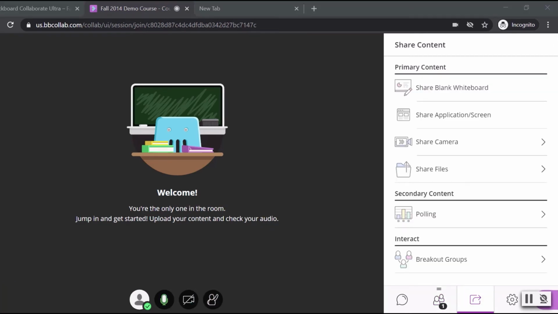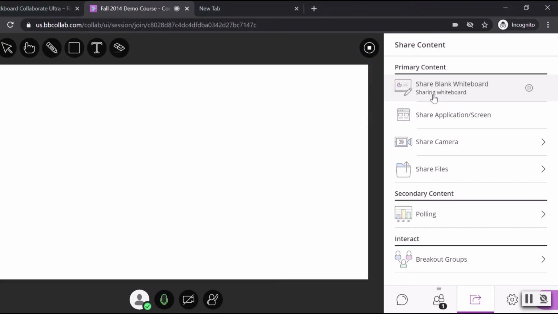So as we said, you can't use the whiteboard in your class because it won't be very visible. However, we have two great alternatives that you can use. The first is the interactive whiteboard here in Collaborate. Just click Share Blank Whiteboard, and you'll be able to have a whiteboard space that works with the touchscreen in your classroom, whether it is the planar touch displays in most classrooms in McMurrin and a few in Forbes, or the smart monitors on the rest of campus.